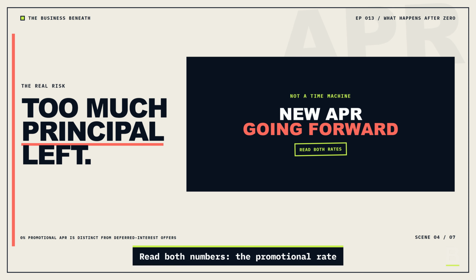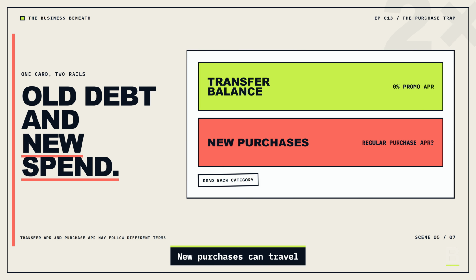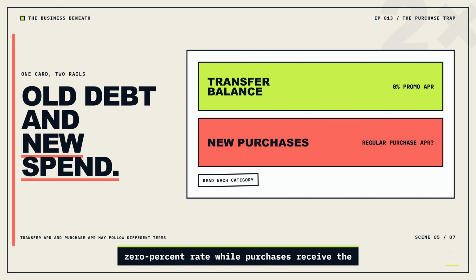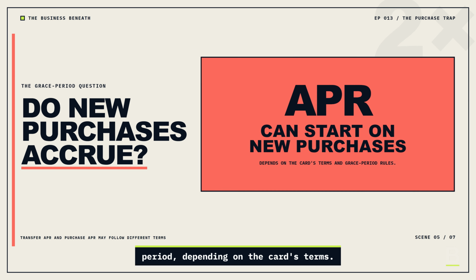Read both numbers, the promotional rate and the rate that follows it. New purchases can travel on a different rail. The transferred balance may receive the 0% rate, while purchases receive the card's regular purchase APR. Carrying the transfer can also affect whether new purchases receive a grace period, depending on the card's terms. That means a card opened to simplify old debt can become harder to read if groceries, subscriptions, and everyday spending